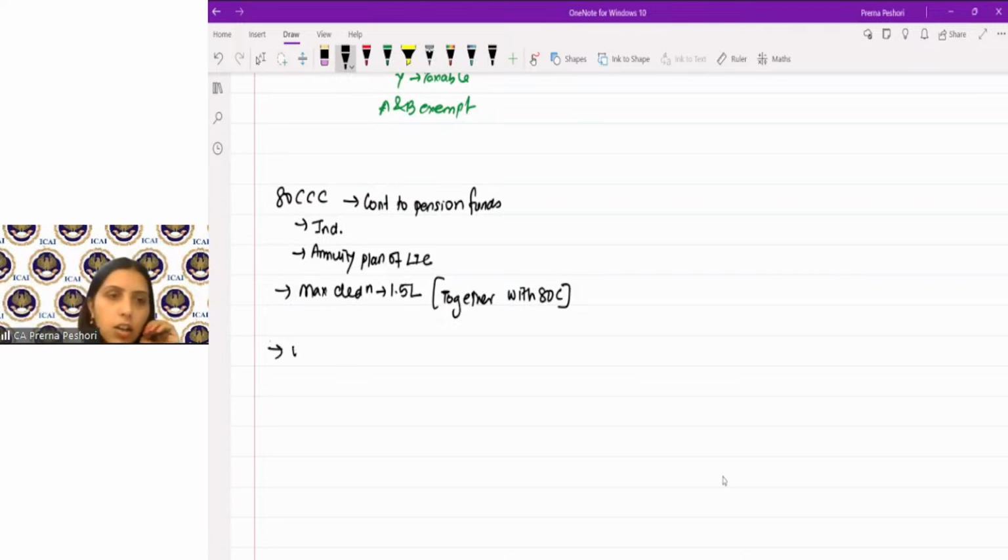So any withdrawal will be deemed income. Similarly, pension received is also the income. Then next is